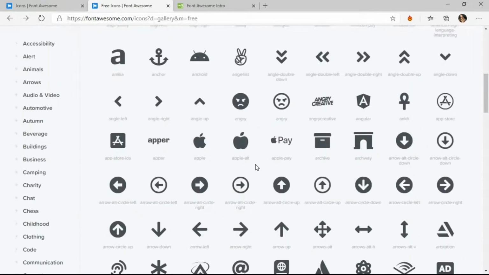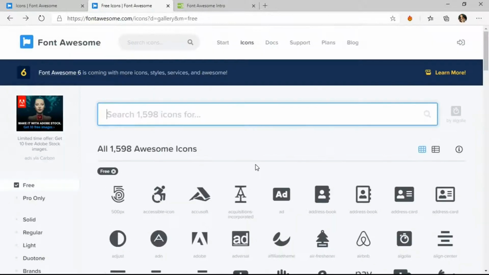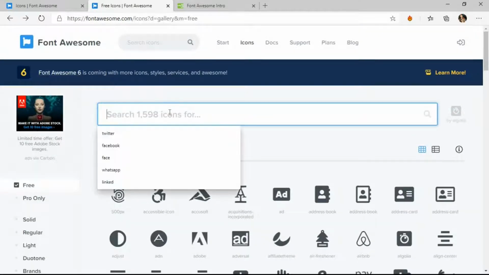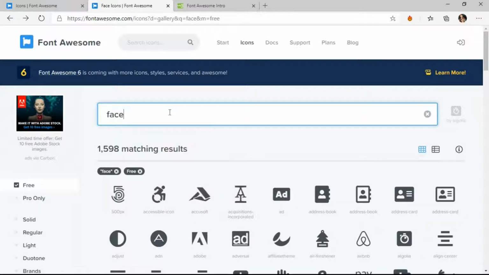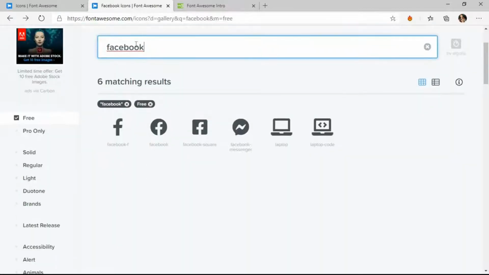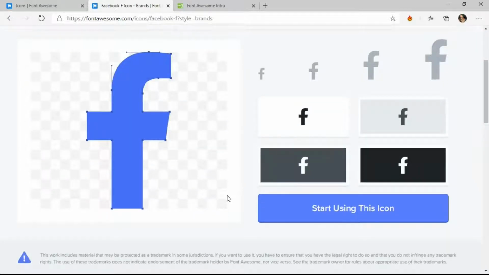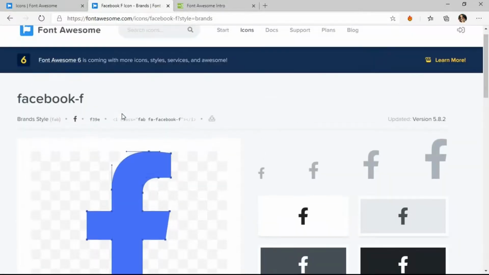So let's add any kind of button we want to use. Let's just search the Facebook button. Okay, so as you can see, it's free and it's available for you. Just click on any of the icons that you wish for, and let's just take this button, and it will open in a few seconds. It's up to you actually to choose what type of icon you want to put on your web page. I want this normal button.